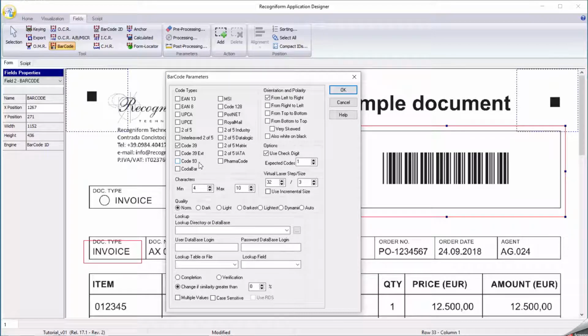It's also possible to set multiple barcode formats, as well as the possibility to recognize barcodes positioned vertically or upside down. This is very useful when the barcode to recognize has been printed on a sticker, and has been pasted